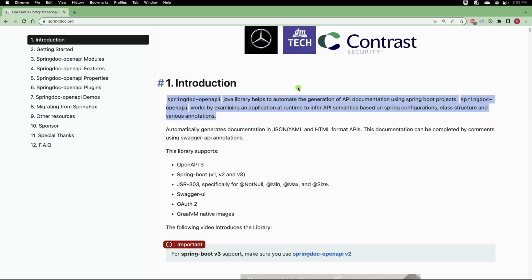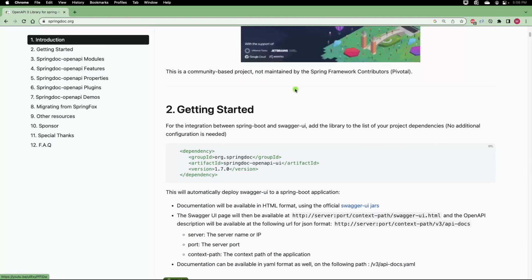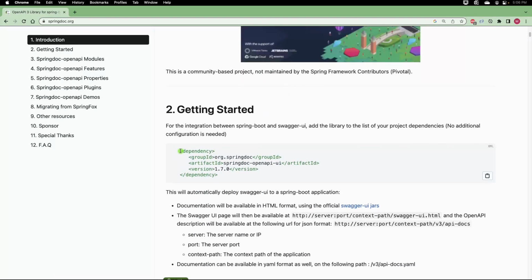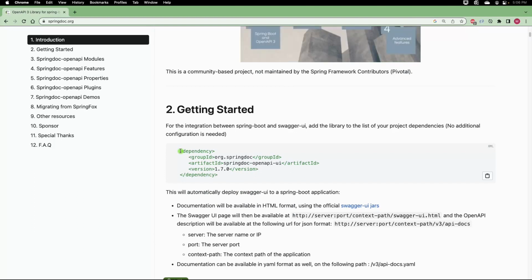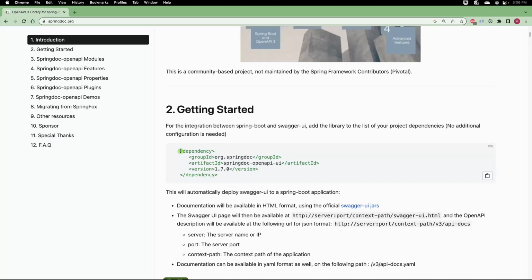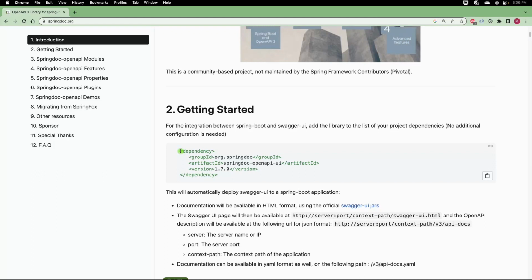So that's what we are trying to learn here. And if you can scroll down, there is a Maven dependency that you can mention inside your Spring Boot web application to document your REST APIs. Whenever you add this Maven dependency, internally your Spring Boot will have all the libraries related to documenting REST APIs, and it will also have a Swagger UI,